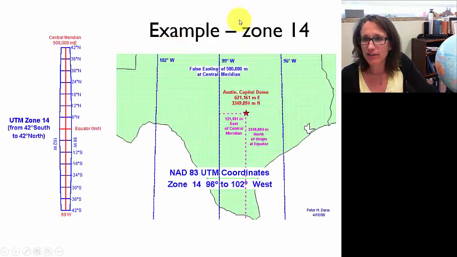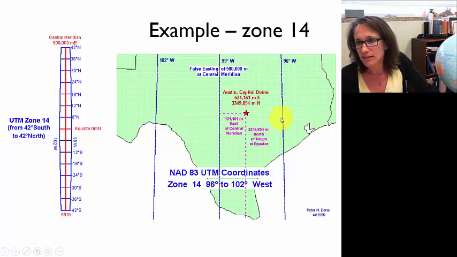Okay, so here's our zone 14 example. So we're looking at the Austin Capitol Dome, and this is a little tricky. So this line in the middle is the central meridian of zone 14. So zone 14 goes from over here at 102 degrees west, and it goes east to 96 degrees west. Okay, so the Austin Capitol Dome is